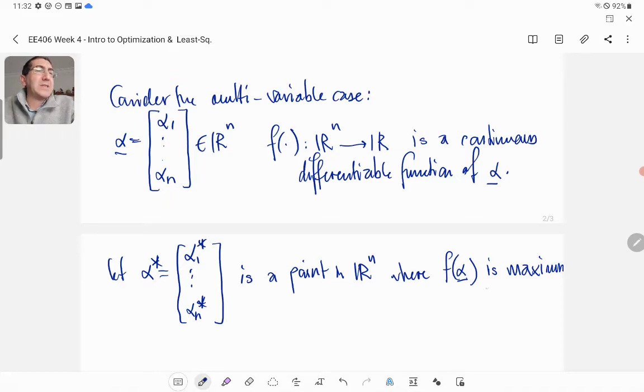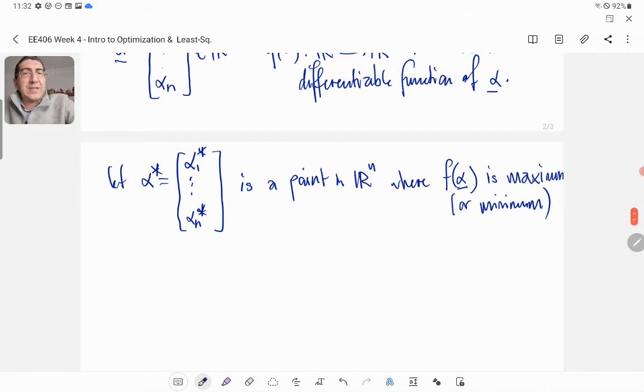Remember, whenever I say maximum, you also have to deduce that it's a similar discussion for a minimum. Okay? So the necessary condition in this case